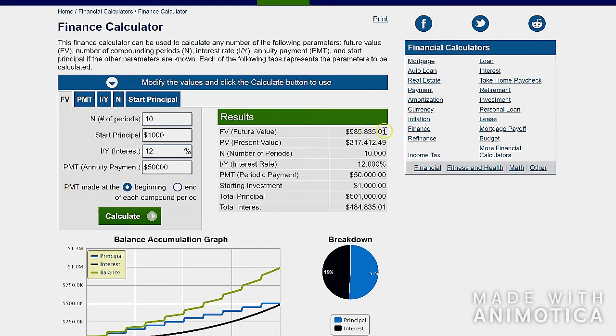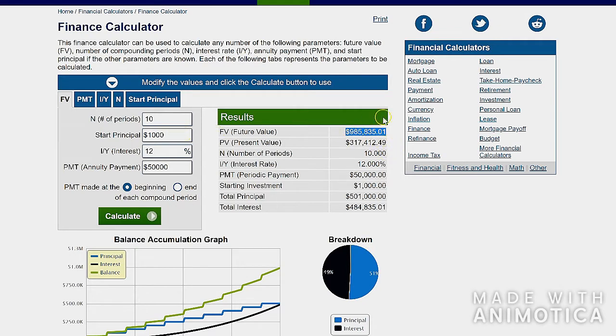That's close enough to $1 million right there. What this is saying is that if you invest $50,000 once a year for 10 years at a 12% rate of return, and you're starting with $1,000 in your bank account in this fund, and you contribute at the beginning of each year, you will wind up in 10 years with